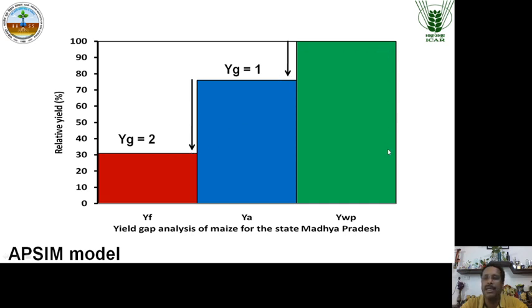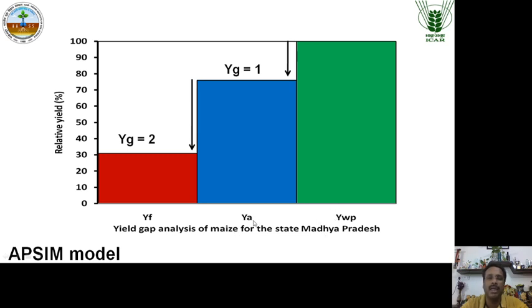The experimental yield is 75% of the potential, which is supposed to be a good experiment with good results, but look at this farm level yield. It is really disappointing to see such a big gap between the potential and the actual yield, and this yield gap at least should not be compromised. We should take care of this. That means there are certain things that need to be considered, including farm inputs and other factors: seed, fertilizers, irrigation if it is required, all those things. So this is the gap that exists between the farm yield and the potential yield. This is the yield gap analysis for the whole state Madhya Pradesh.